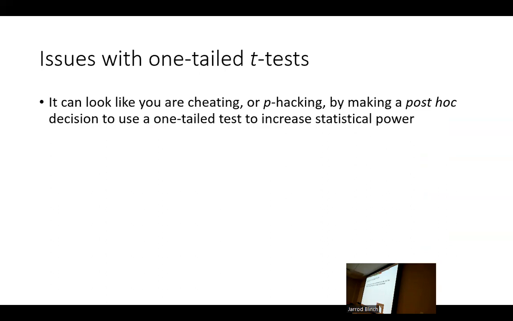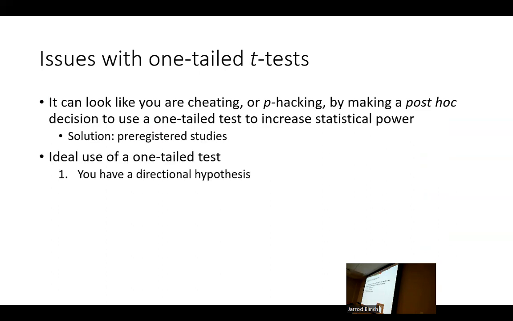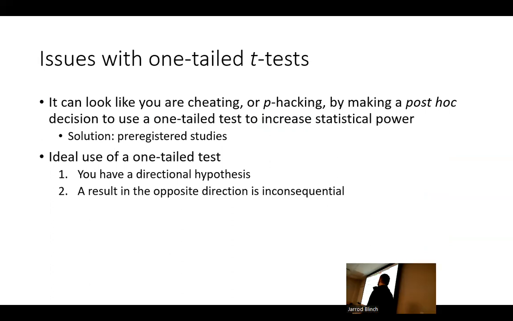So when should you use a one-tailed t-test? It's best when these 2 things apply. First, you have a directional hypothesis. If you don't have a directional hypothesis, I don't know why you'd be doing a one-tailed t-test. And then second, and this gets around the spatial issue we just saw, is when a result in the opposite direction is inconsequential, basically when it doesn't matter at all. So in the spatial example, it does matter. If you want to see if males are better, and then on 2 of the tests, females are better, that's